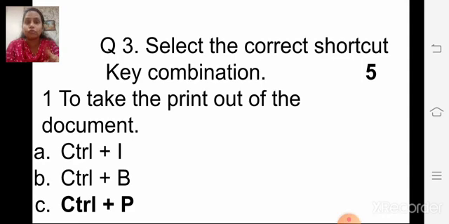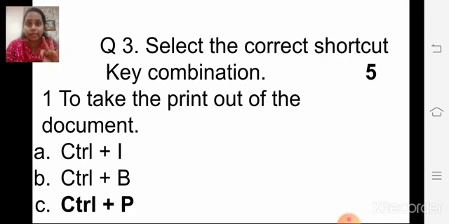Okay, now this is just an example. Just read: to take the printout of the document, which key combination do we use? Yes, children, do you remember which key combination?